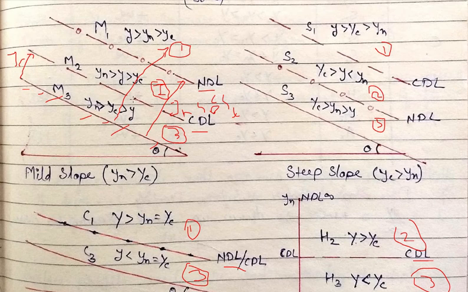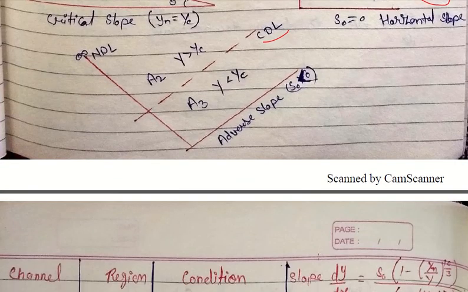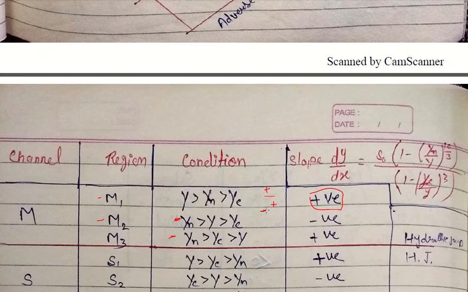In this region the critical depth of flow is less than the depth of flow y, so it is a subcritical flow, that means the Fr value is less than 1. So in dy by dx the upper part gives a negative value and the lower part gives a positive value, because 1 minus Fr square is positive as Fr is less than 1. Here SF is greater than SO, so S naught minus SF gives a negative value. So the profile is negative, that means the slope is negative.